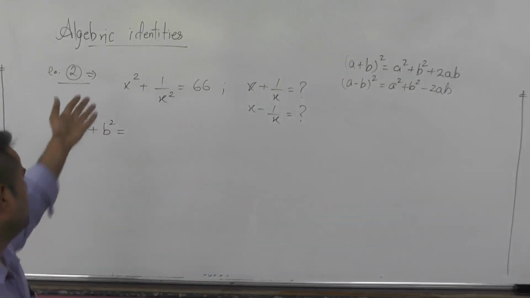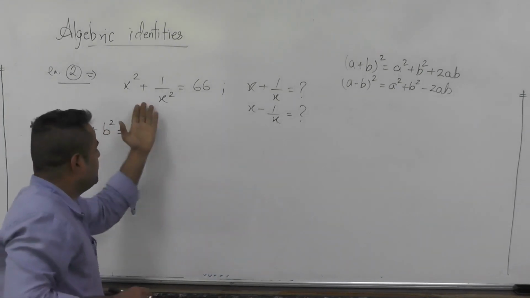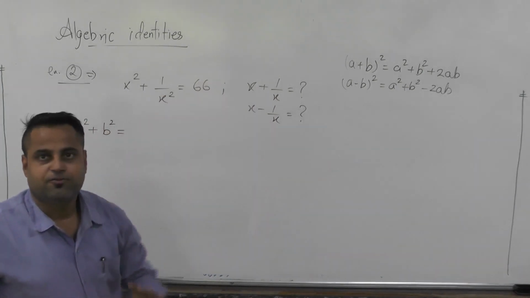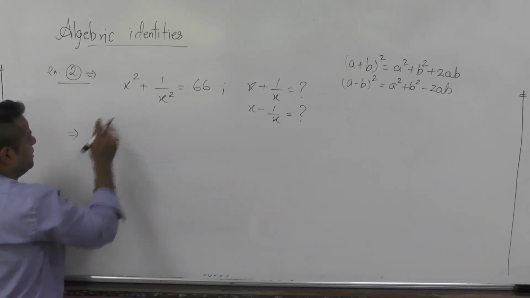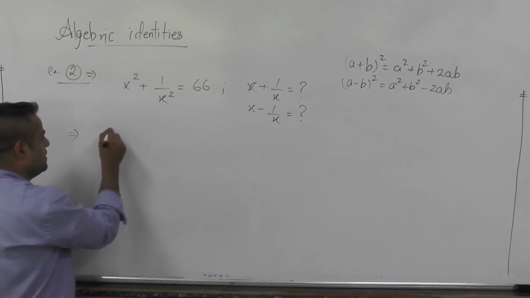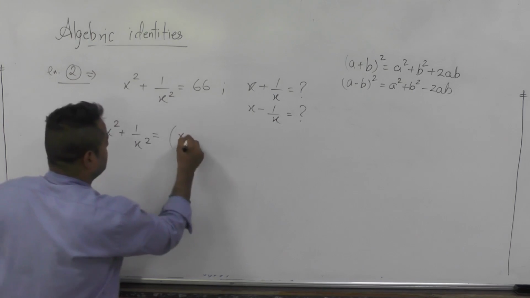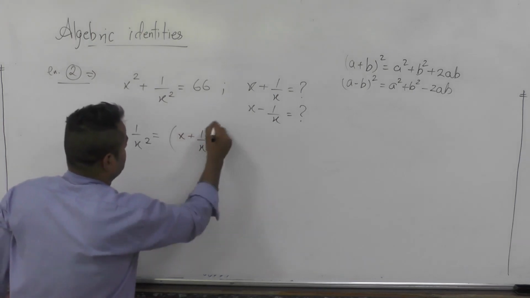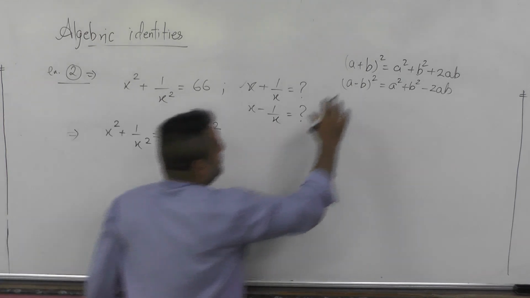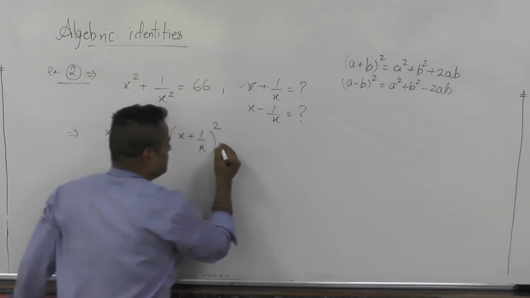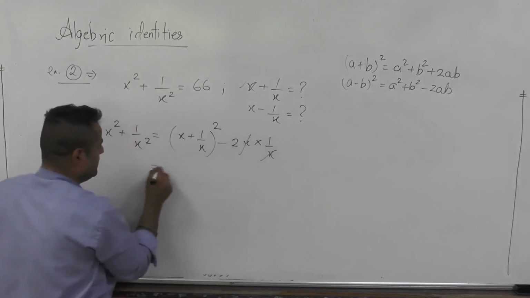Likewise here, what is given to us. So we are changing it as in the given formula. What you should do, you just write this term. x square plus 1 by x square will be x plus 1 by x whole square if you are finding the value of the first term. So a plus b whole square minus 2ab will come. So here minus 2 times x times 1 by x will come. This will get cancelled.